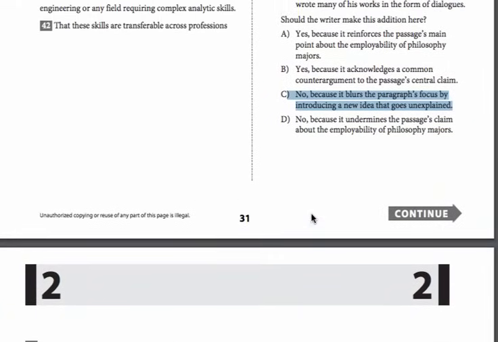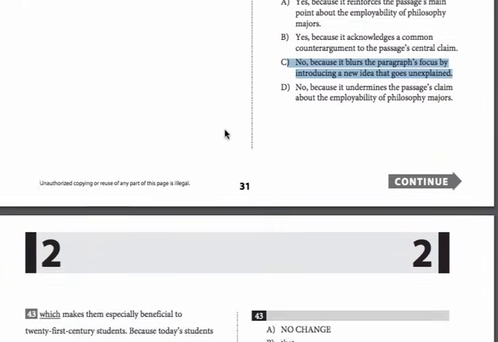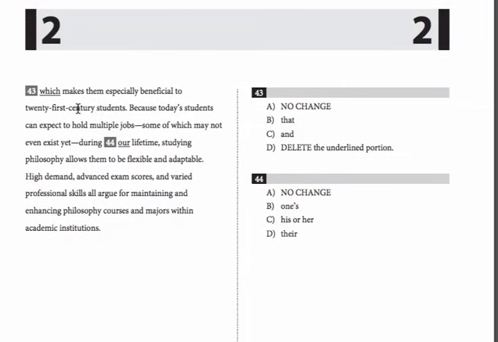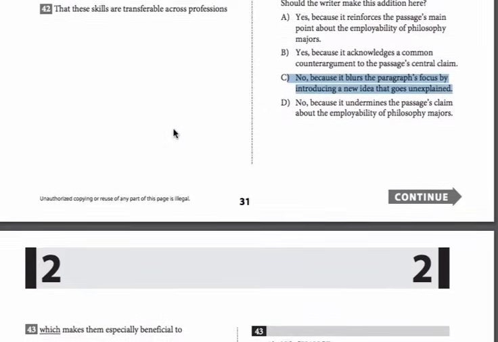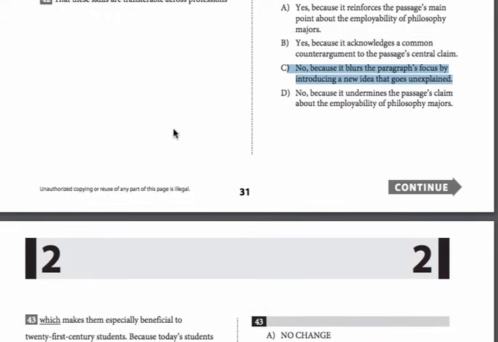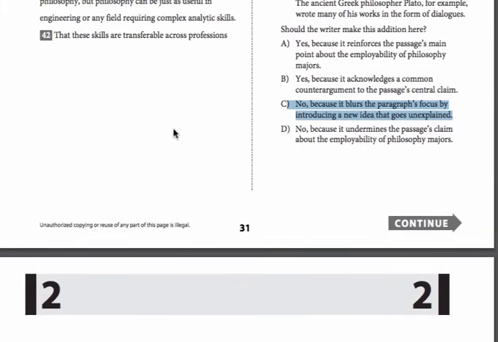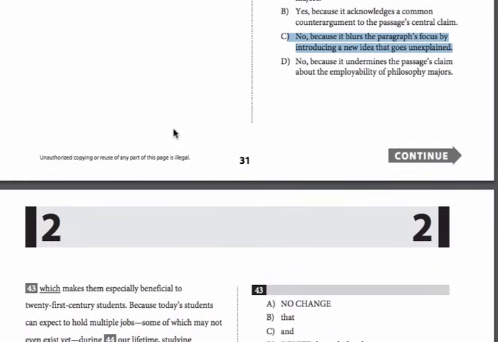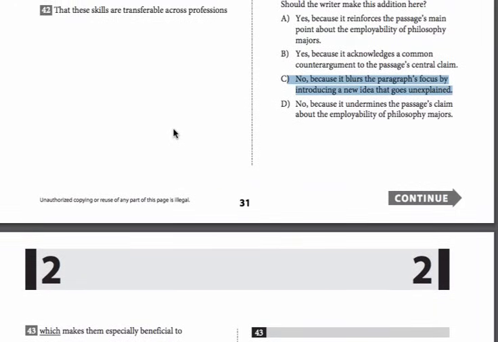Onward and upward. That these skills are transferable across professions, which makes them especially beneficial to 21st century students. What? That these skills are transferable across professions, which makes them... Which just sounds really bad and weird there. I want to kill it right away, and I'm not sure why. I don't even know what I would replace which with here. Okay, so then... That these skills are transferable across professions, that makes them especially, I don't know. That these skills are transferable across professions